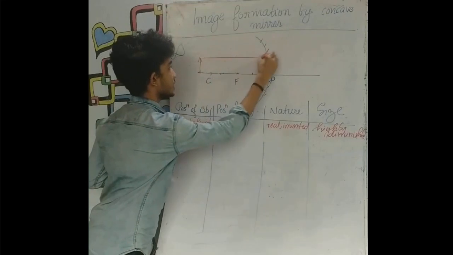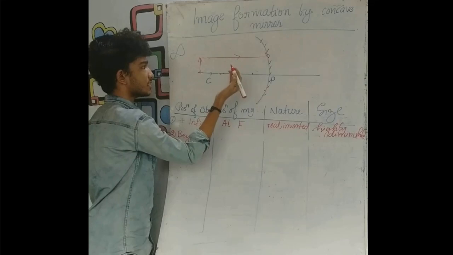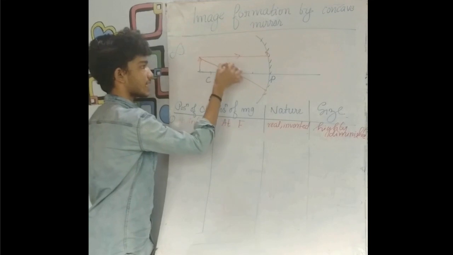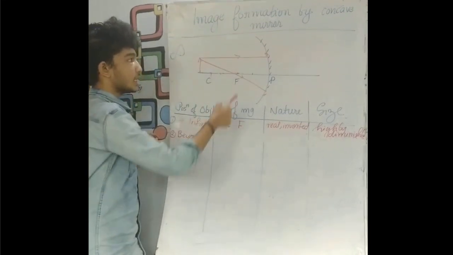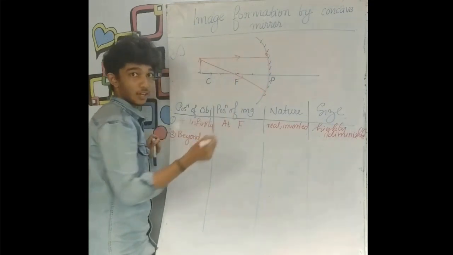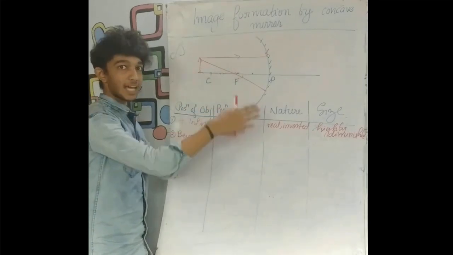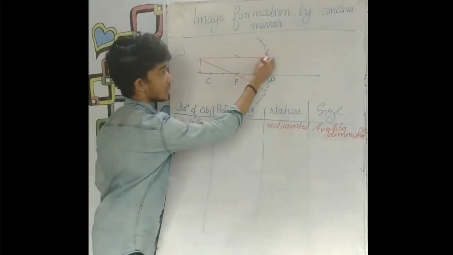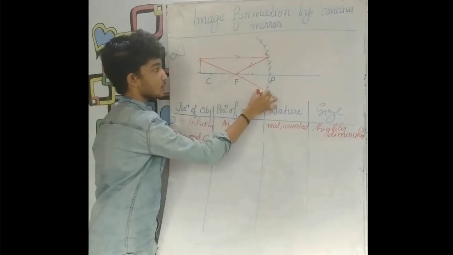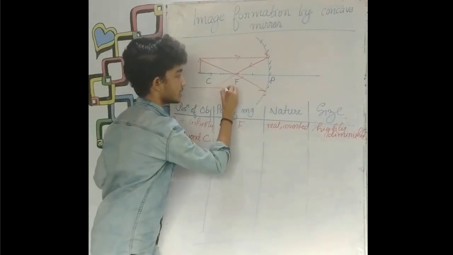So first ray let us consider parallel to the principal axis and striking the reflecting surface, and second ray let us consider either passing through the focus or incident obliquely. For convenience, let us consider the second ray passing through the focus. So the first ray is incident on the reflecting surface parallel to the principal axis. According to the rule, we have to find out what happens to the incident ray. Here, since it is parallel to the principal axis, after reflection it passes through the focus. And here, the ray passing through the focus, after reflection passes parallel to the principal axis.